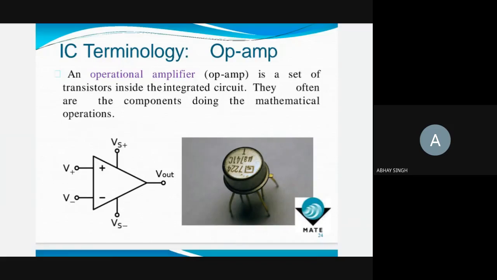It's also an IC. It's called an operational amplifier, which we'll discuss in this course, how it works and the basics of its operations. It's called operational amplifier because it can do a lot of operations like addition, subtraction, logarithmic, exponential, etc. We will see all those things. Within this op amp, a lot of transistors are there. That is the main thing. An IC is an integration which consists of a lot of transistors and resistances or capacitances. We will discuss more of this.